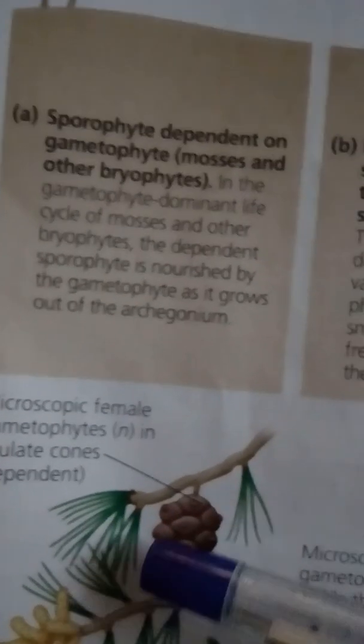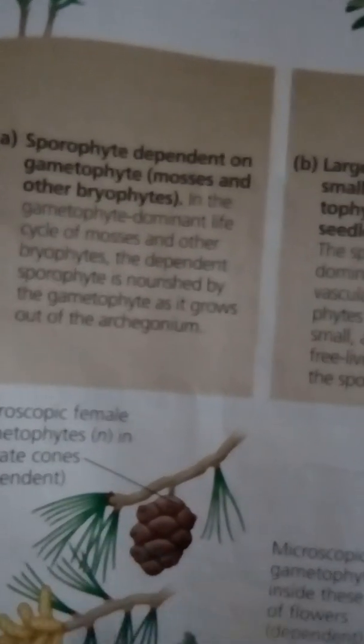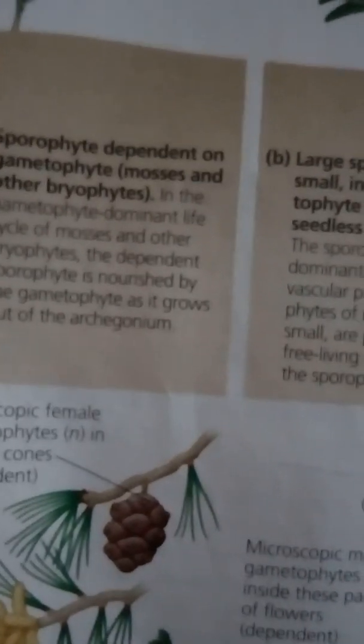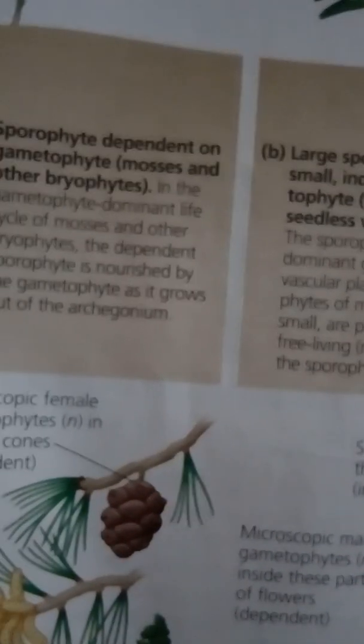in ovulate cones, dependent, this one, notice that. And microscopic male gametophyte in pollen cones, dependent, and notice also the sporophyte is independent. Notice the relationship here, and this one is a microscopic female gametophyte. And notice also